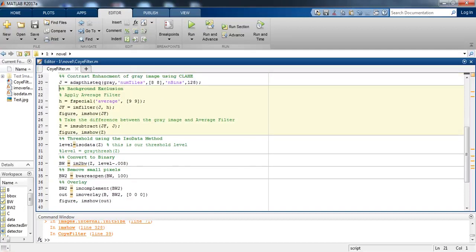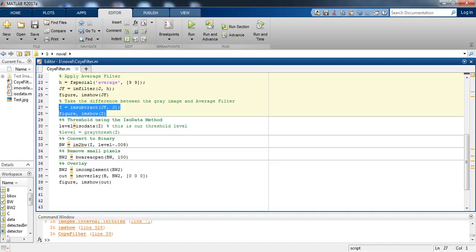Then we are doing background exclusion. We are applying basically an average filter, then showing the figure. Then we are taking the difference between the gray image and the average filter. Then we are thresholding the image using the isodata method.